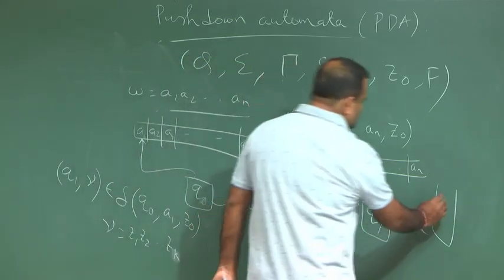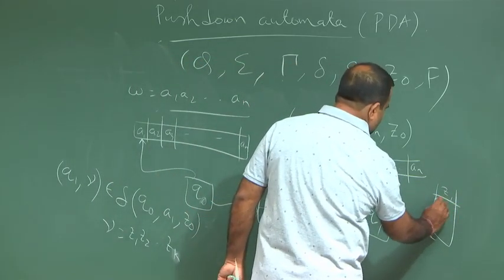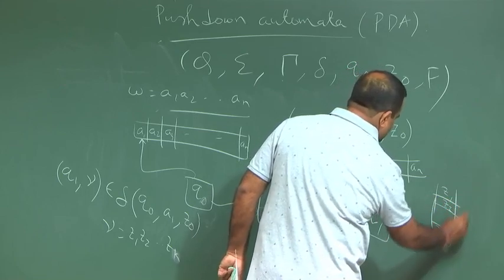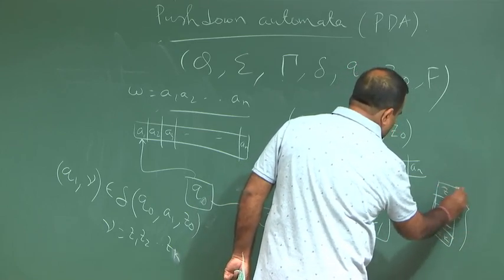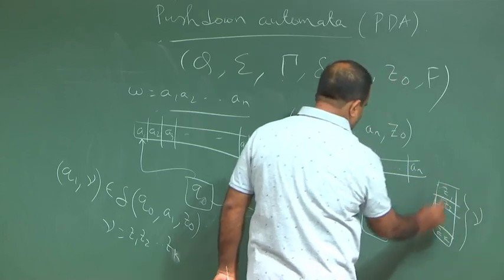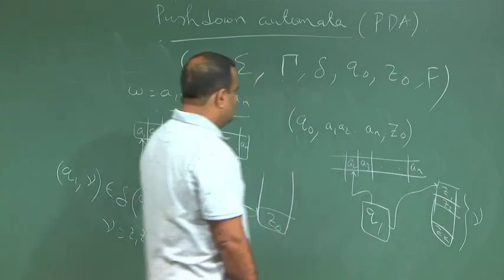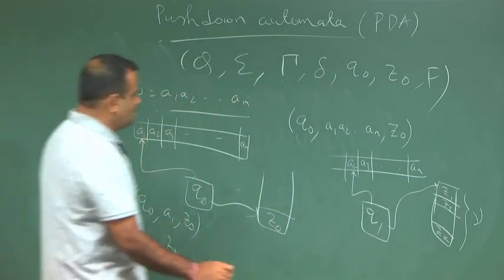So, gamma will be replaced by Z1 gamma Z0 Zk. So, this whole thing is our gamma, and this is the top of the stack. So, it will point to here and this will point to here. So, if you take the picture of this, now the situation is